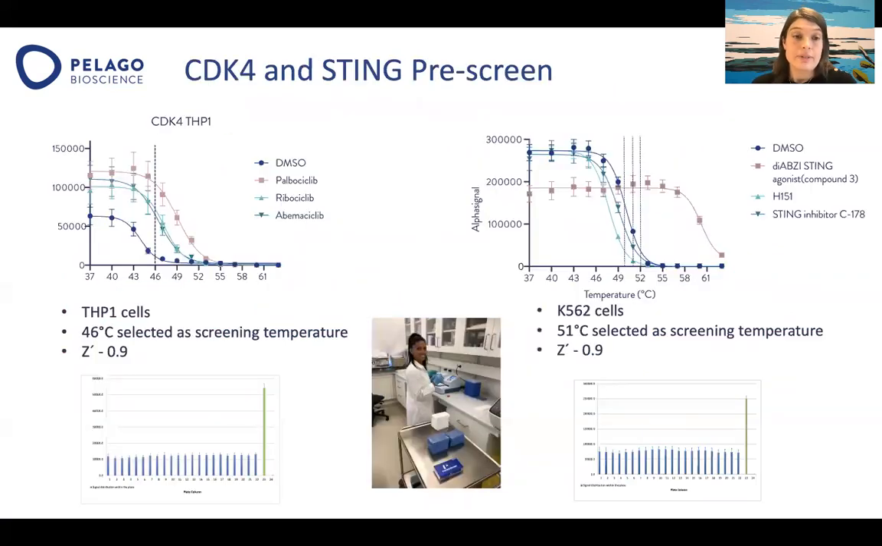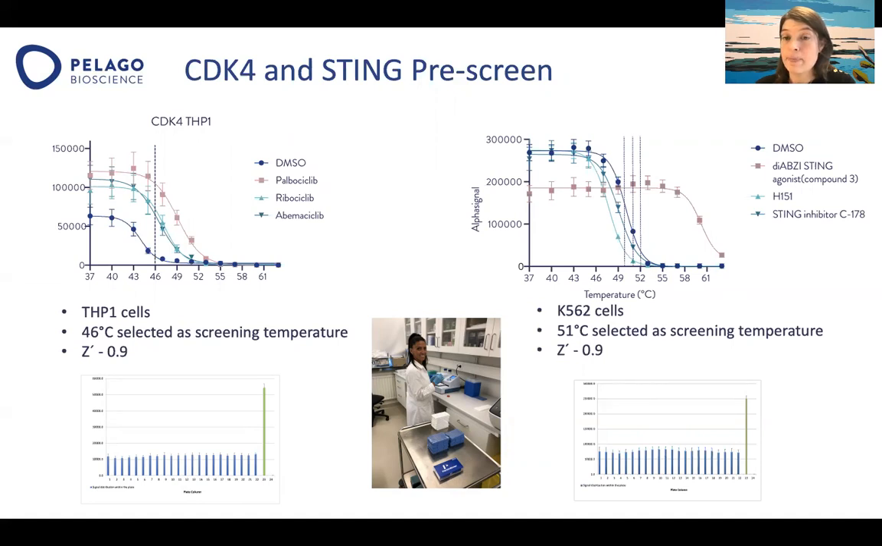This is the data from the pre-screen. For CDK4, we selected the THP1 cell as the cell matrix we were going to screen. We selected 46 degrees as the screening temperature, where we saw that we had a robust assay. For the STING target, K562 cells were selected, and the temperature of 51 degrees, where we also had a very